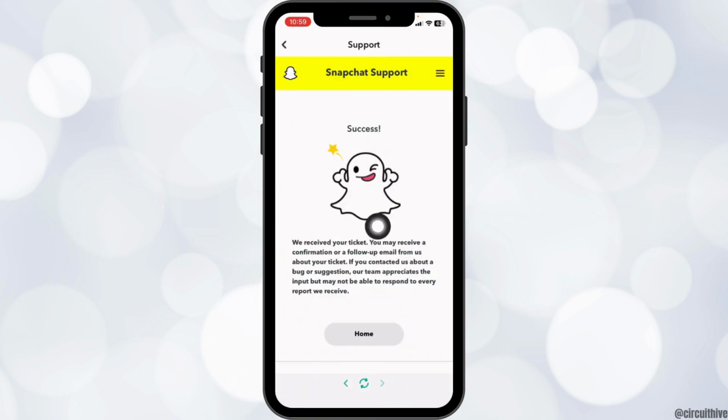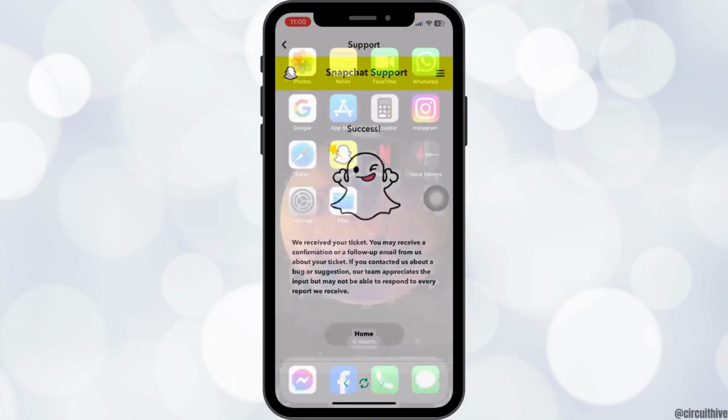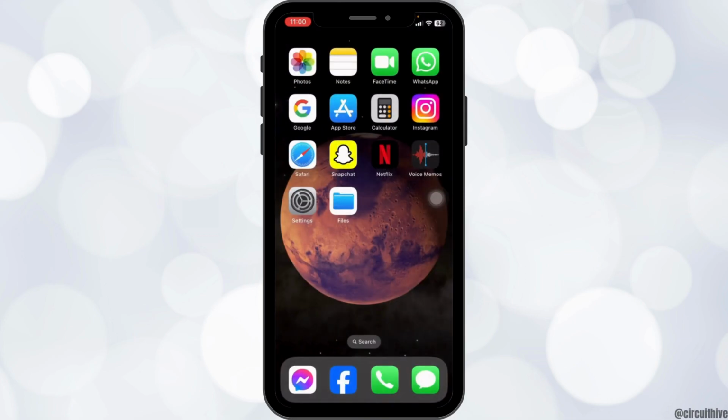You have successfully submitted your request. Now within 24 hours or after a few days, you're going to receive a response from Snapchat support. Until then, you have to wait. So this was all for this video. This way you can easily recover Snapchat My Eyes Only